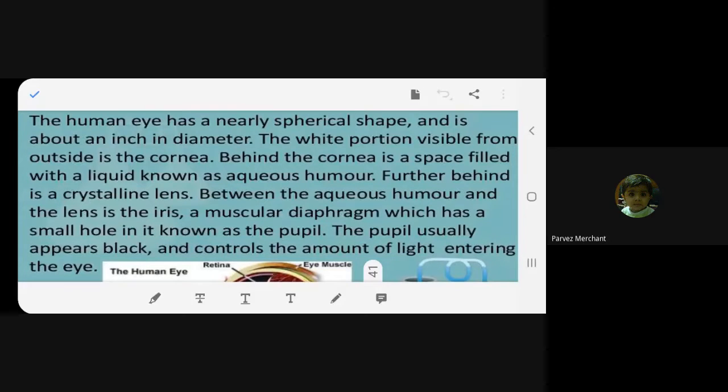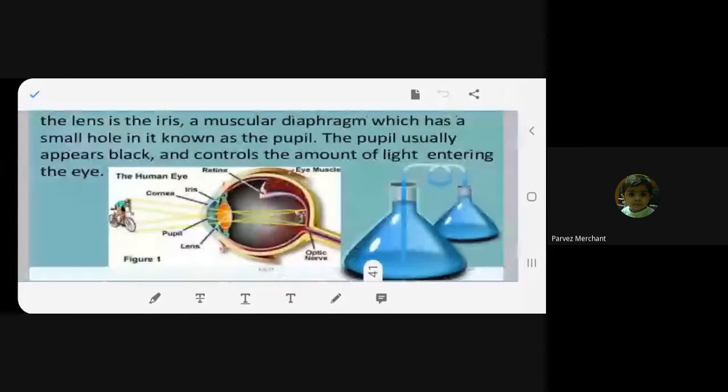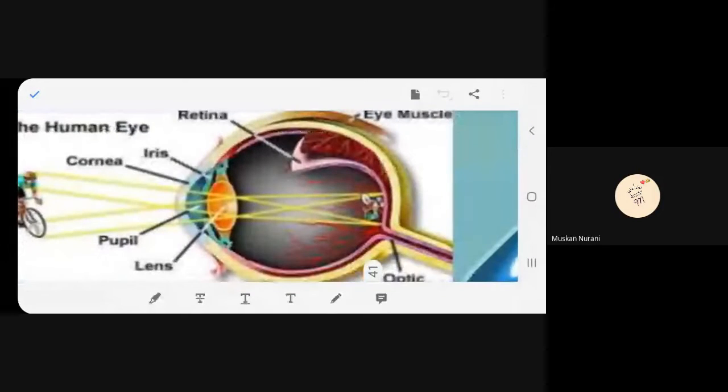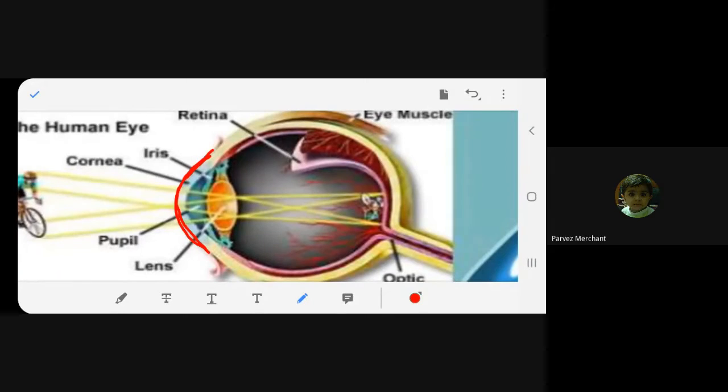Thank you, beta. We'll do it one by one. Can you see this is an eye? Can you see a bulging out portion? This is the cornea. What is it, beta? Cornea. And between the cornea